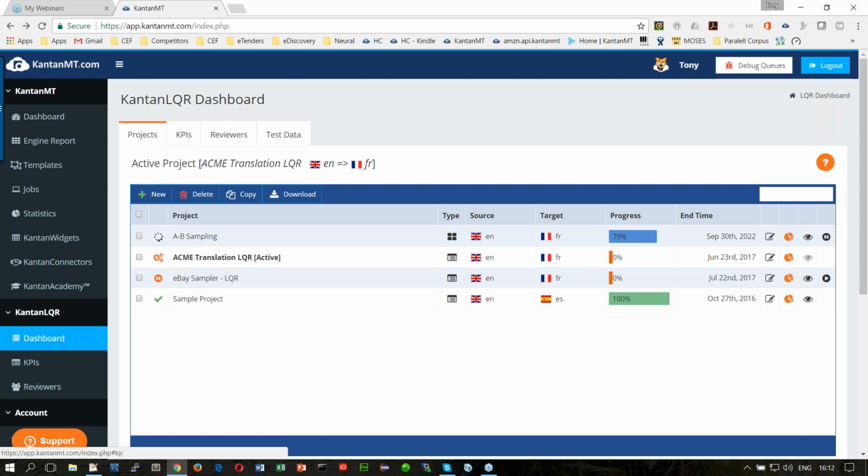Remember, statistical engines still are state-of-the-art MT. They produce really good quality. Neural, in a lot of cases, will outperform that, but I guess you have to validate that in order to make that switch and replace the statistical engine with a neural-based engine. So what KantanLQR does is it allows you to automate the process of testing engines, okay? So you can do a sample A/B test, or you can do a full LQR